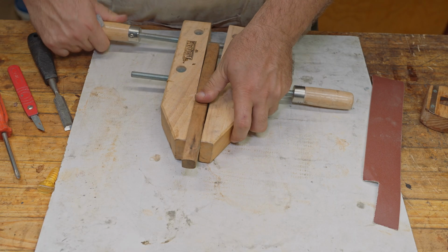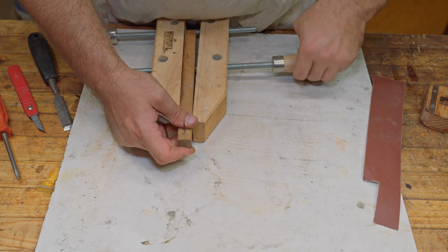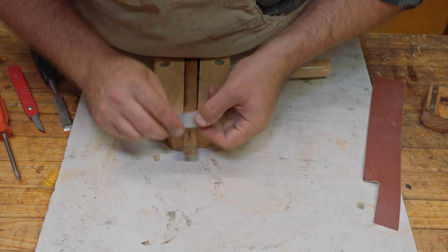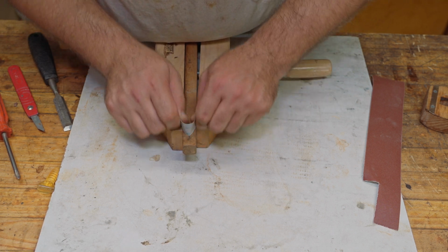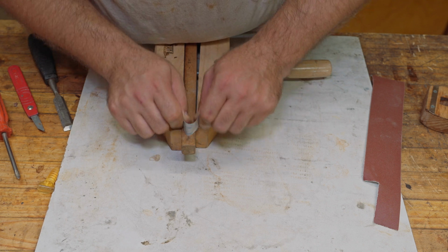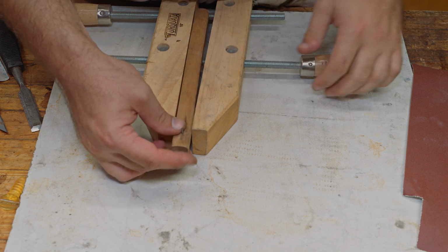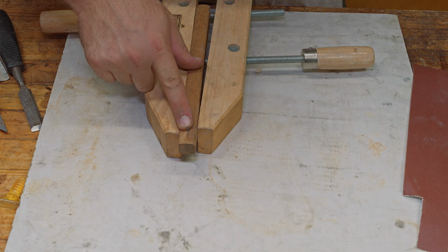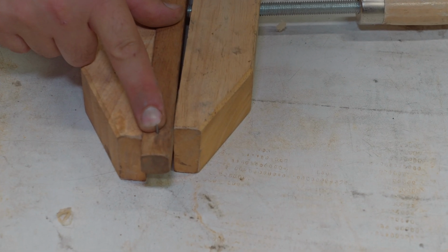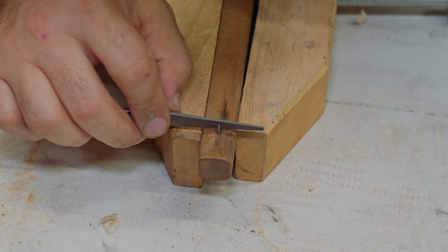Now, what I want to do is just release this, turn it over, and we'll get the back side of this pin as well. Now, I'm going to turn this back over, and we want to make sure that this is sharp, so it's going to operate the way we want. So I'm going to bring you right in. I'm going to grab a small file and we're going to sharpen this up. I'm actually just going to use my flat auger file here because it's my finest, and